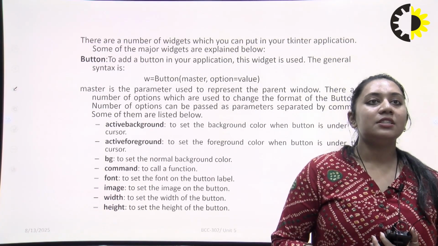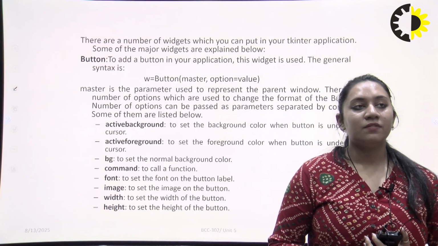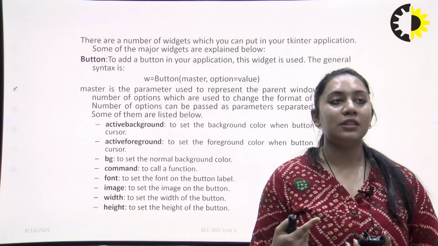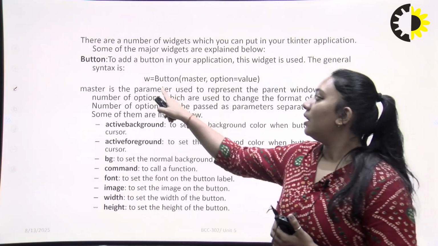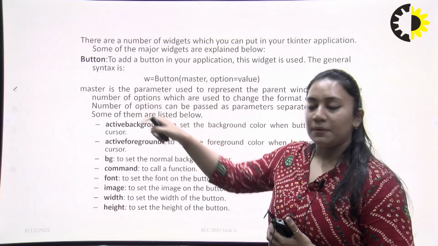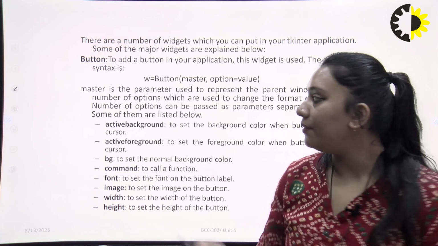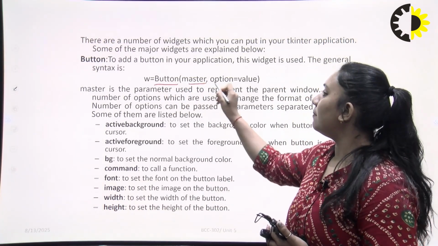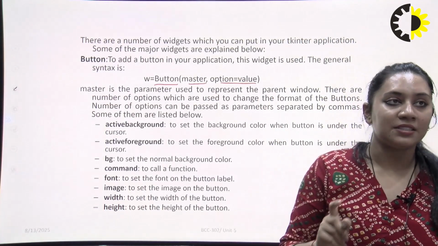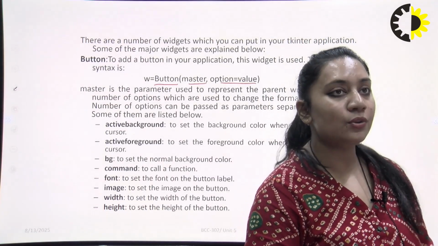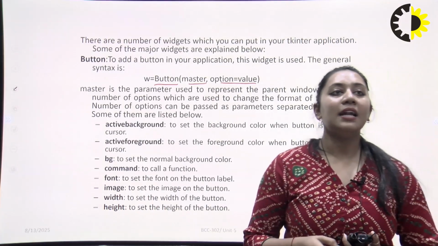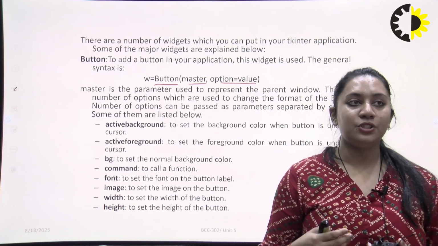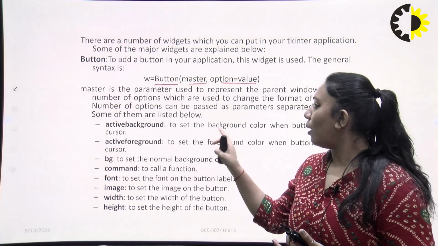Let's see the widgets in a tkinter application. Some major widgets are there, like the button. So how can you create the button, right? Simple, use any variable name, and then we use Button. With the help of Button, we indicate the master and the option values. The master value is the parameter set to represent the parent window, and any type of format can be given, it can be changed, and a number of options can be